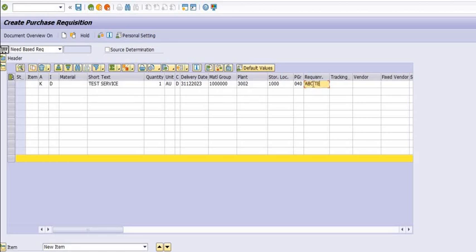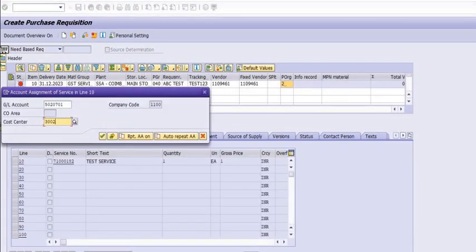Okay, in the purchase group you can choose your purchase group from drop down. Requisitioner means who is going to take this service, means concerned authority. Tracking, you can mention your employee ID. In the GL account, we have mentioned the concerned GL account in which we are going to book this cost, and the sufficient amount of the budget is available in this GL, and